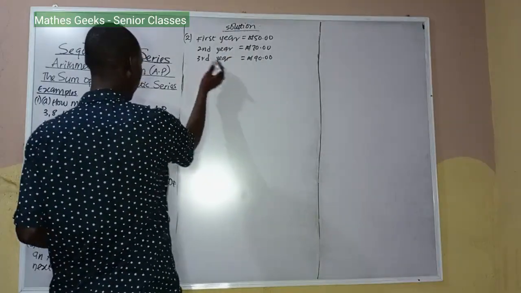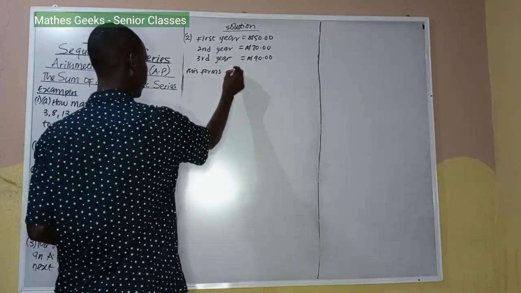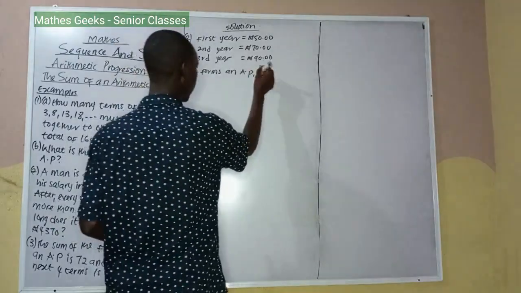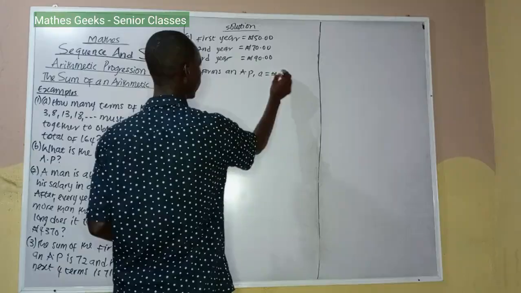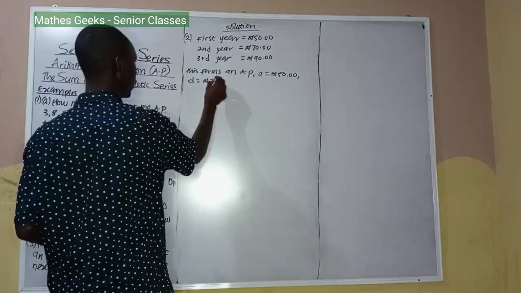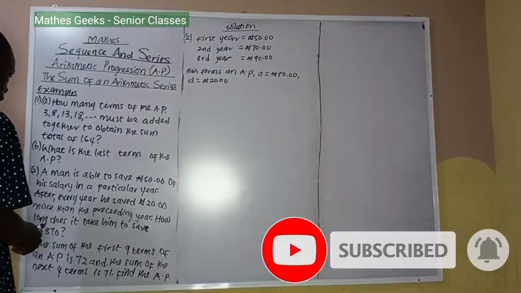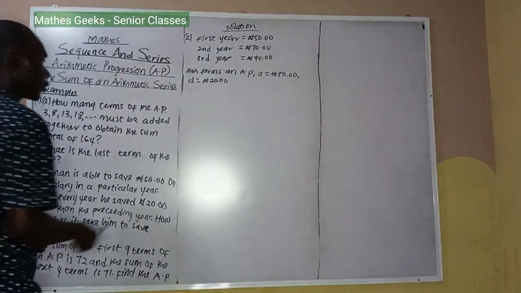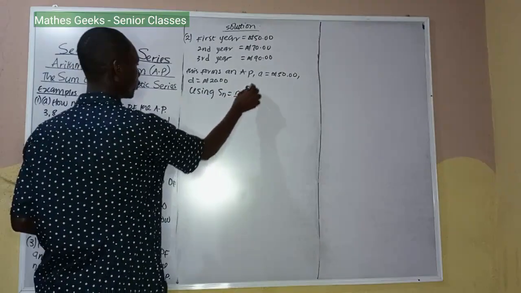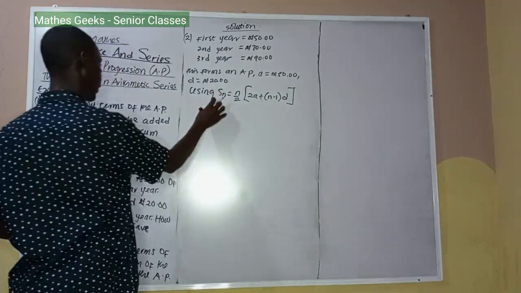This is an AP. This forms an AP, of which the first term is 50 naira, and the common difference is 20 naira. So we want to know how long it will take him to save 4,370 naira. So that's the sum, using Sn is equal to n over 2, 2a plus n minus 1 d, where Sn is equal to